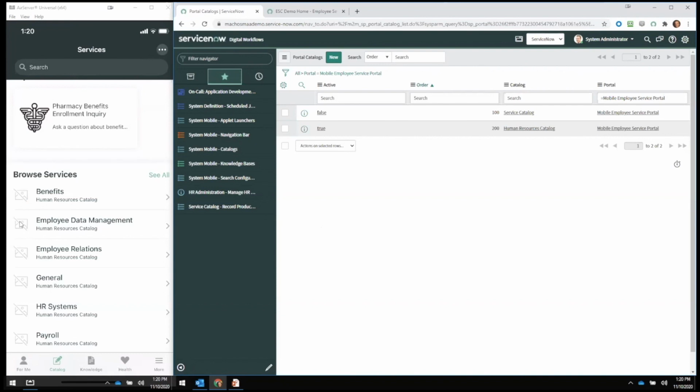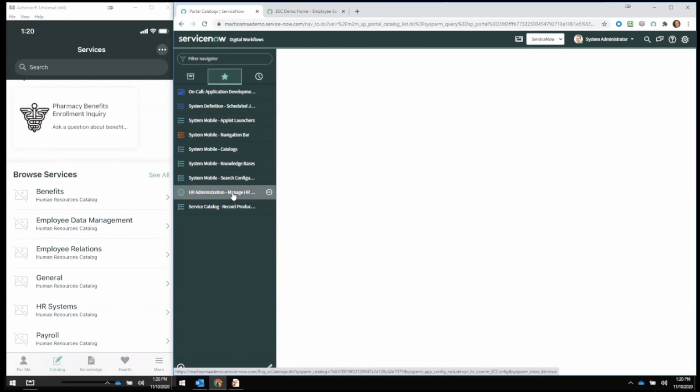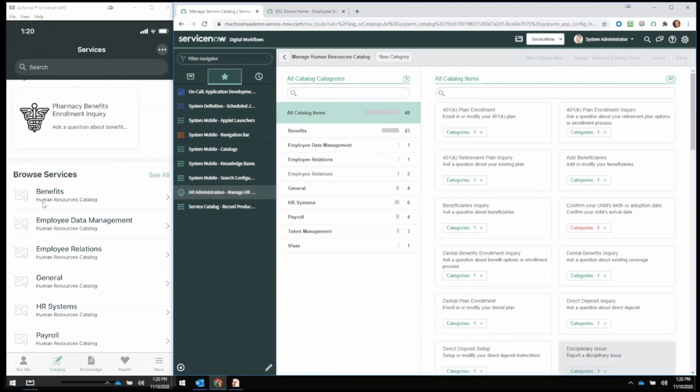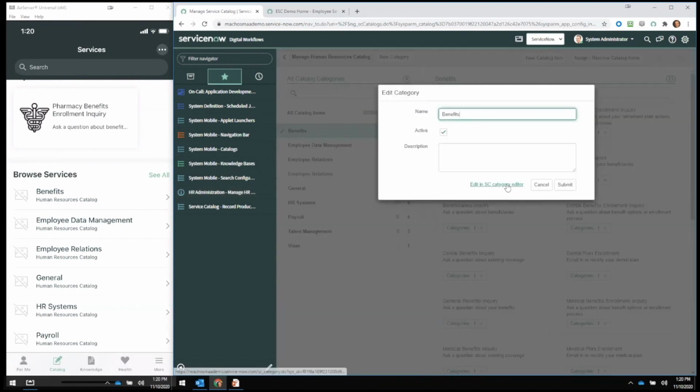And that's a pretty common thing that customers deploying Now Mobile for HR run into because they don't have these configured as part of their normal deployment. So one of the things that you'll want to do is go into your catalog and put in an icon for these service categories, right? So here, if I go in and edit my benefits category,